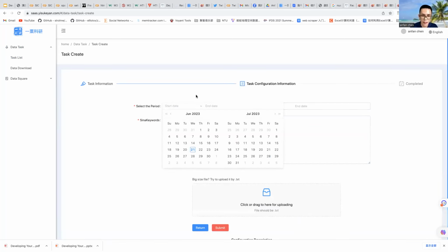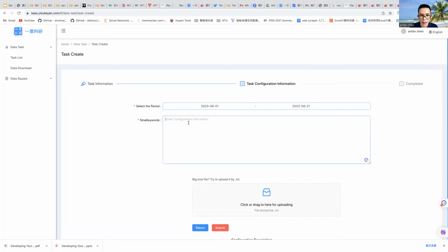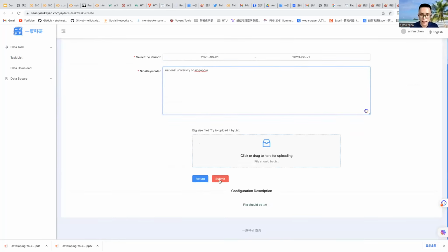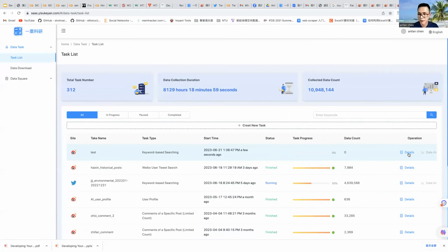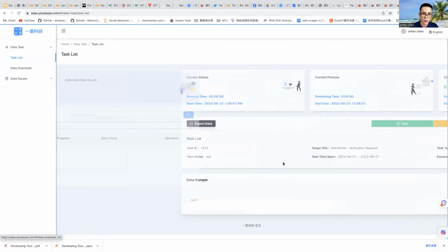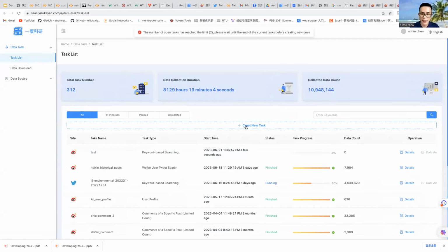Then you indicate the period you want to collect the data, such as from July 1 to today, and input the keywords such as NUS, National University of Singapore, and then click submit. Then the task is in progress. You get the results.